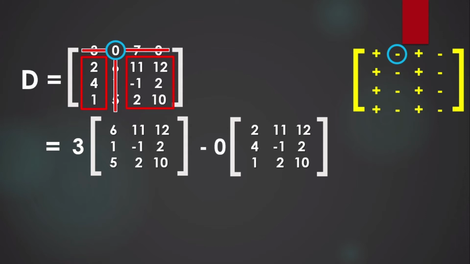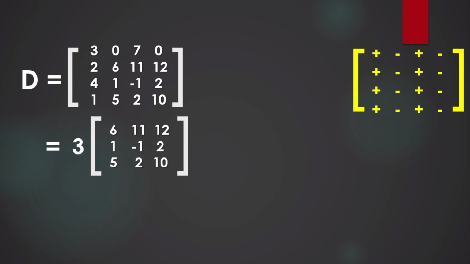But here's the reason why we want to identify the row or the column with the greatest number of zeros. Because 0 times this determinant is going to be 0. And thus, this will simplify the work we need to do because we need to find the determinant of each 3 by 3 matrix. So, the more 0 we have, the less work we need to do. Since we have 2 zeros here, we will just eliminate those 2 zeros. So, our only problem here is the 3 and 7 on our first row coefficients.